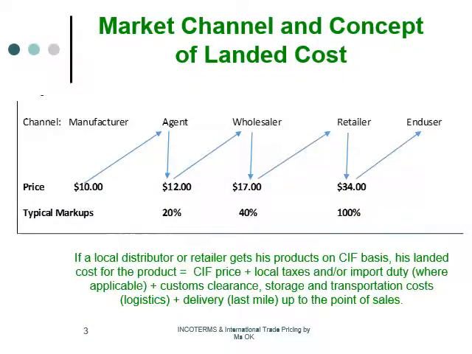This diagram illustrates an example of the stage-by-stage markups as goods pass through a channel. If there are many intermediaries or channel members, you can expect the markup each time it changes hands. It is inevitable sometimes because of the market structure. A manufacturer may sell to a national wholesaler abroad, who in turn sells to regional wholesalers, who may further sell to provincial or local distributors. As it changes hands, there are markups which will contribute to the local distributor's cost to secure the goods.